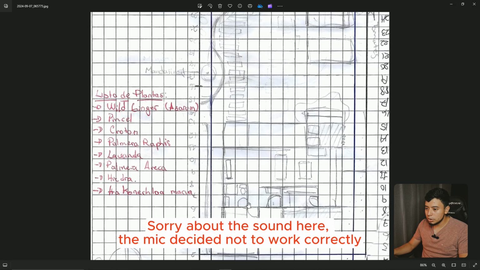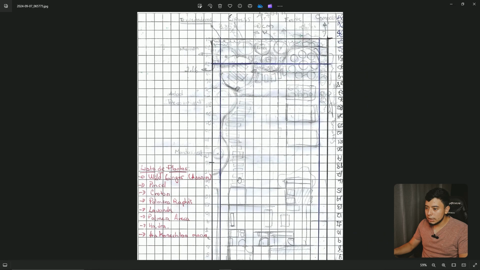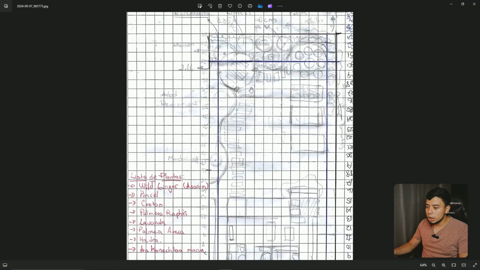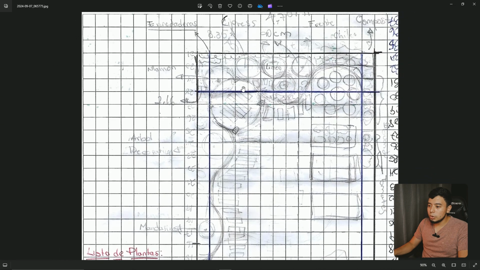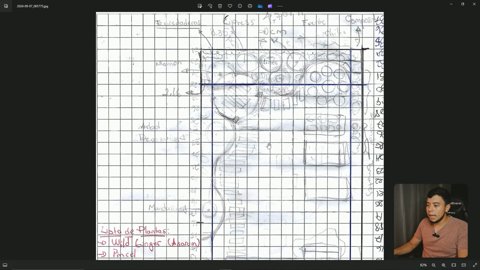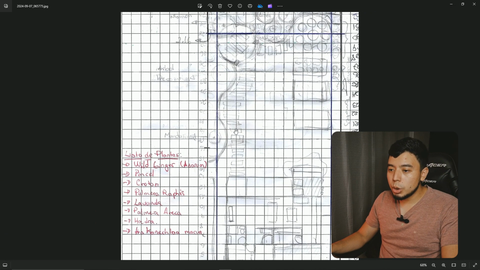Well, I tried to take a photo of an idea that I had for the backyard, but I really want to create a really good garden. I will try to use half of the backyard to grow vegetables and other fruit plants, and the other part of the backyard will be more like an aesthetic type of garden. And here in this corner, I would like to add maybe a fire pit, or maybe just a picnic table. So I had this idea, and because of this, we thought it was a good idea